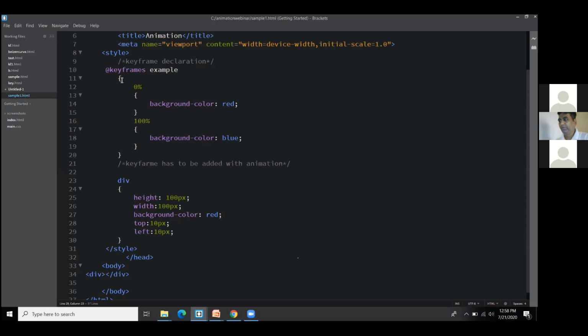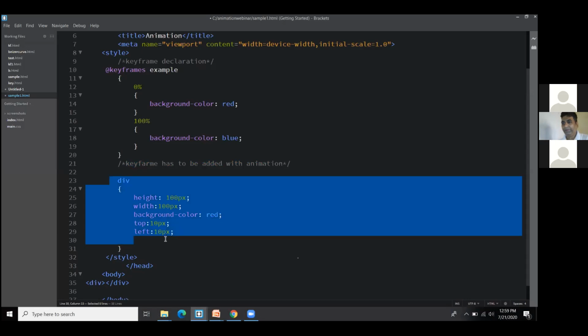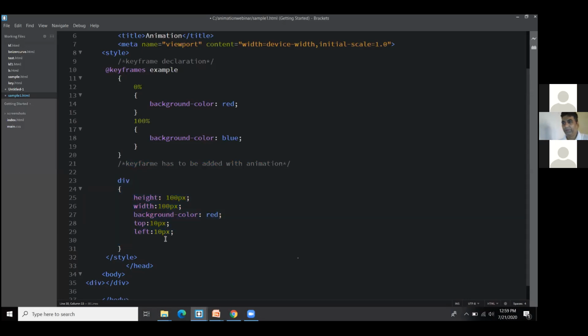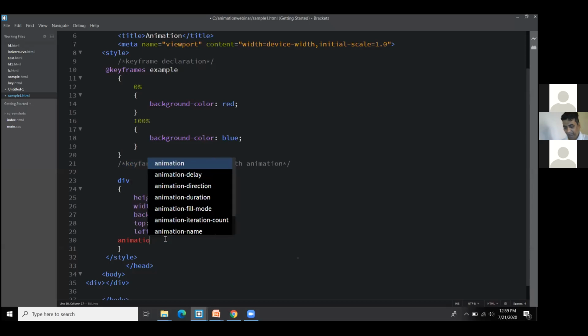Now, where am I going to apply these keyframes? As mentioned, keyframes will work only with the help of animations. So I want to apply an animation to this div tag, my rectangle. There is an animation property.